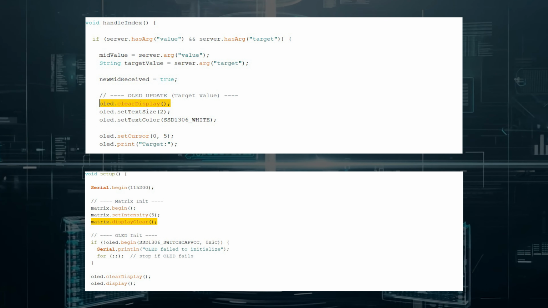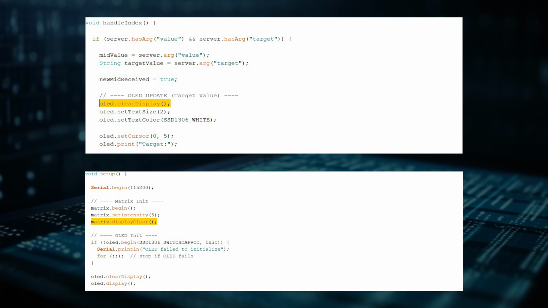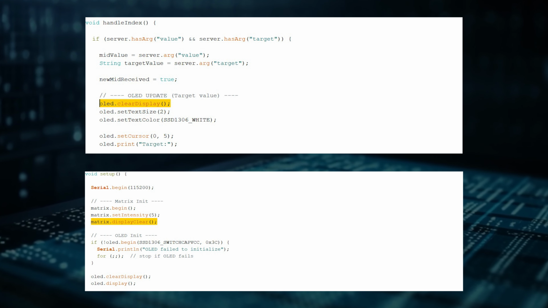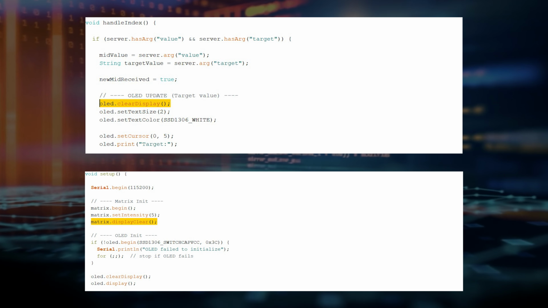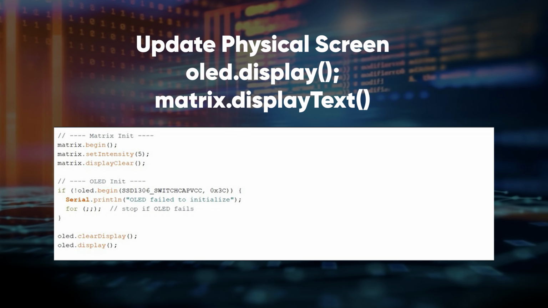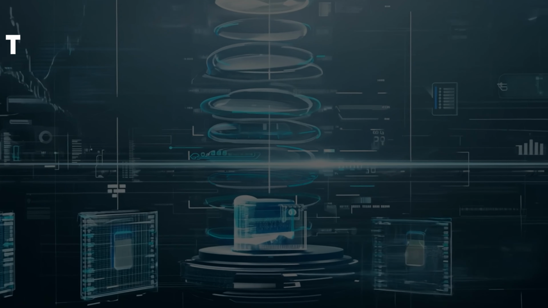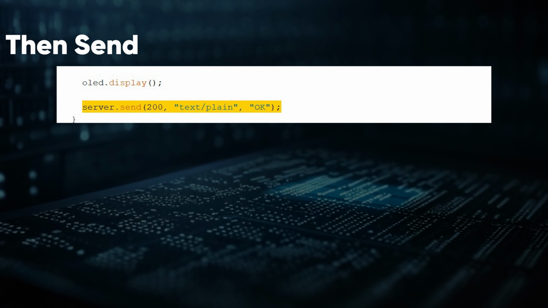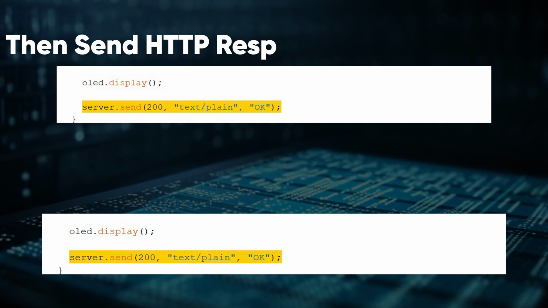OLED and matrix display: OLED.clearDisplay and matrix.display.clear. The OLED maintains a memory buffer. This command clears the previous content from that buffer. Without this, old pixels would remain visible. Update the physical screen: OLED.display(); matrix.displayText(); then send the HTTP response: server.send(200, "text/plain", "OK");